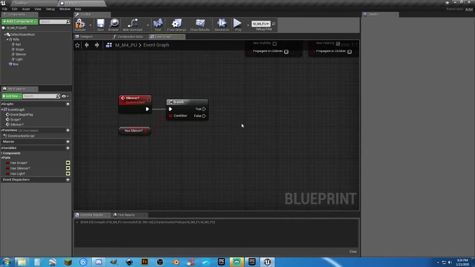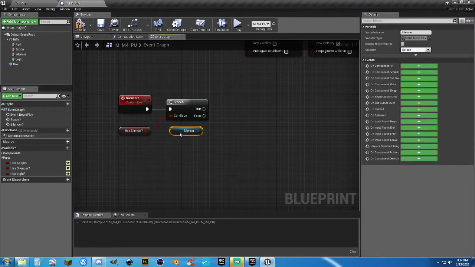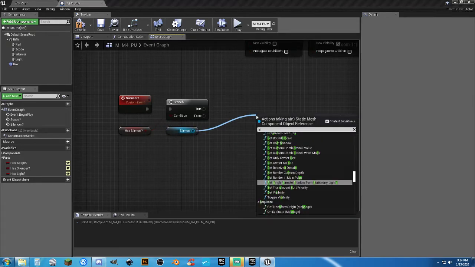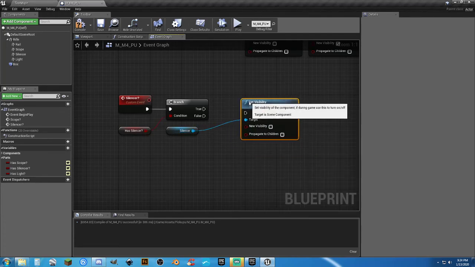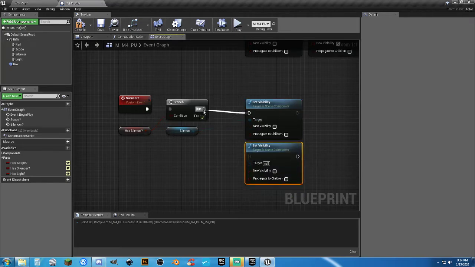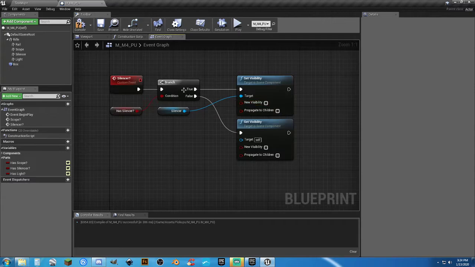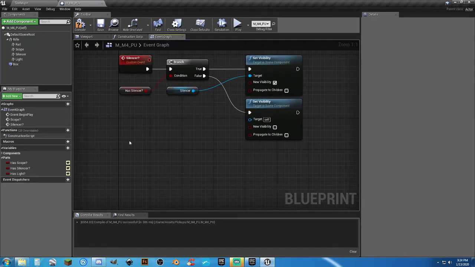So what we're going to do now is we only have a silencer to deal with, so let's go ahead and grab the silencer. And if the answer is true, we'll just do set visibility. Control C, Control V. With that, if it's true, then we're turning on visibility. If it's false, we're turning off visibility. Pretty simple there. Same thing for